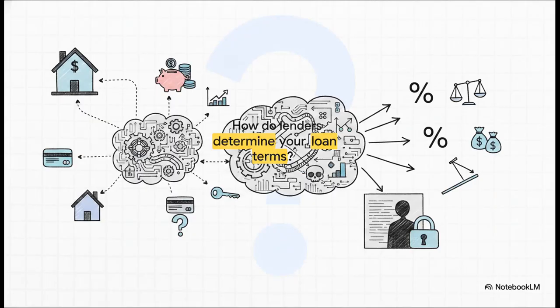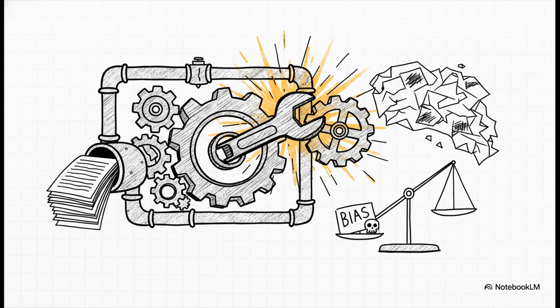So, have you ever stopped to wonder how exactly lenders determine your specific loan terms? Think about it. When you apply for a mortgage, a truly staggering amount of information gets processed completely behind the scenes. We usually just accept the interest rates and fees we're handed, but this opaque, data-heavy black box is doing a ton of heavy lifting. It's evaluating creditworthiness, collateral, risk, the whole shebang. But because it relies so heavily on complex models, it opens the door to a very specific and highly dangerous set of risks.